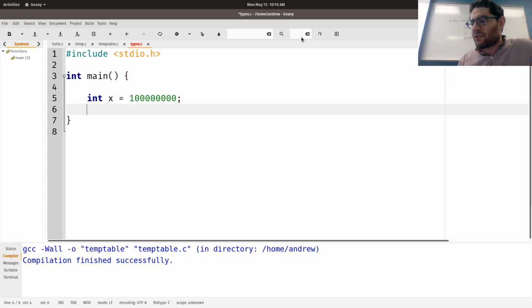Now, 32 bits doesn't really mean too much to you right now, but in practice, we use 1 bit to determine whether the number is positive or negative, and then we use the remaining bits for values. So we can store a maximum of 2 to the 31st power minus 1, which is slightly over 2 billion. I don't care about the exact number.